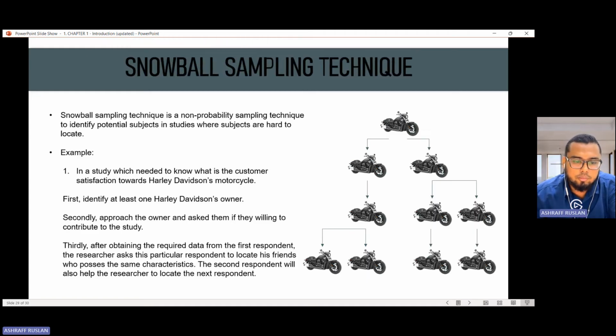Snowball. Okay, snowball ni senang cerita, kita susah nak jumpa responden. Contohnya, pemilik Harley Davidson. Harley Davidson ni kalau for those yang ada pakai, especially kalau kita yang biasa-biasa ni pakai Harley Davidson ni, maksudnya dia memang mampu lah, dan jarang kita nak jumpa sebab memang mahal. Saya pun ada kawan yang pakai Harley, okay, ataupun yang pakai Ducati, so we know the spare parts, how much it cost, okay. So susah nak cari orang.